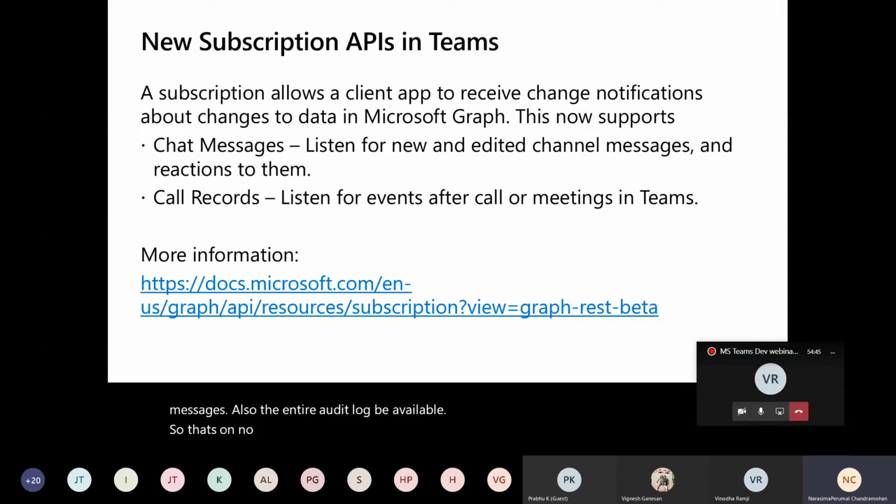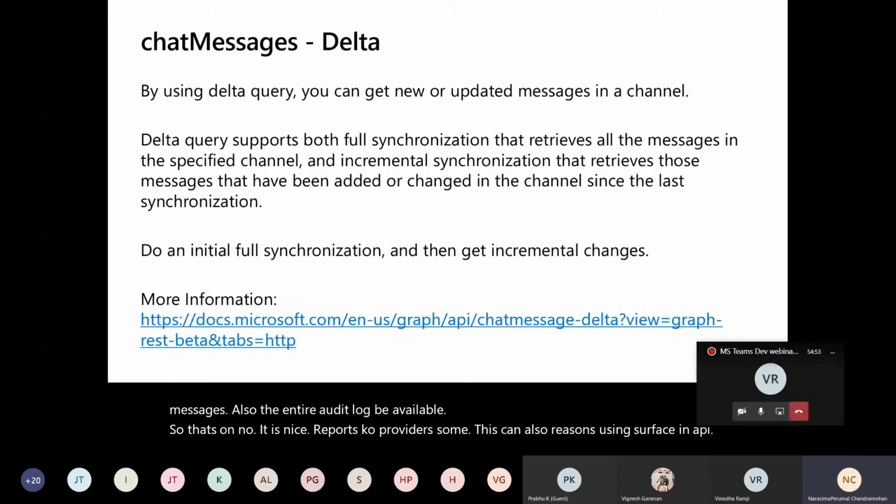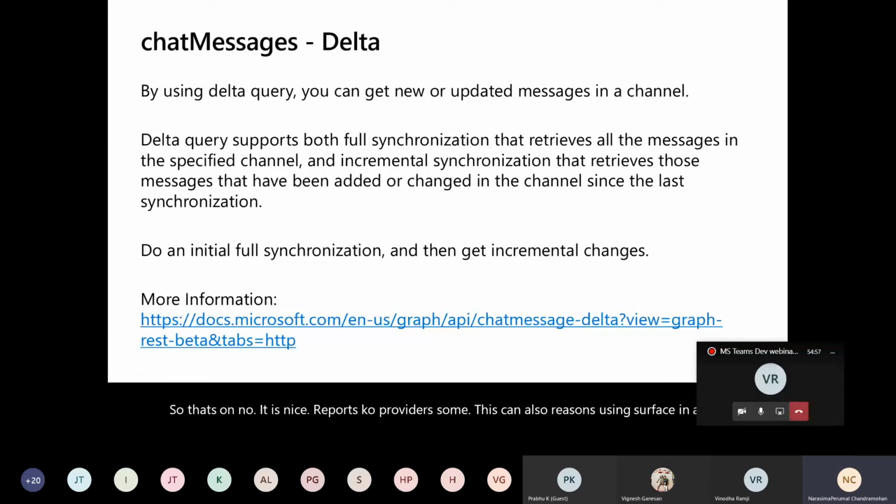And then the Delta messages. Using Delta in Graph API, you can query for changes in particular graph data. It can be Teams, it can be SharePoint or anything. Right now, they have added the support for Teams also. Consider that you